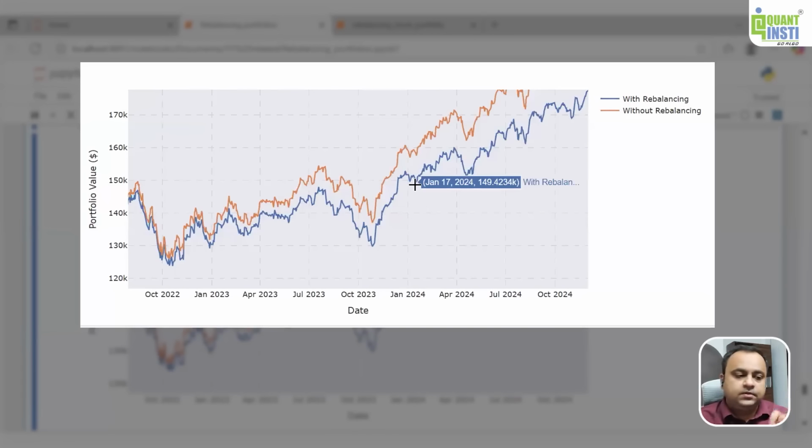But as an investor, when you're looking at the historical returns, you're looking at the performance of the net asset value of a fund or a mutual fund for that matter. When you're looking at that, you want to look at something which is rebalanced, because that will tell you that no matter which point in time you put your money, either it is very close to the target allocation or in a certain period of time it will be rebalanced to the allocation, and therefore your actual NAV will be maintained according to the portfolio objective and according to this blue line where we are actually rebalancing this portfolio.